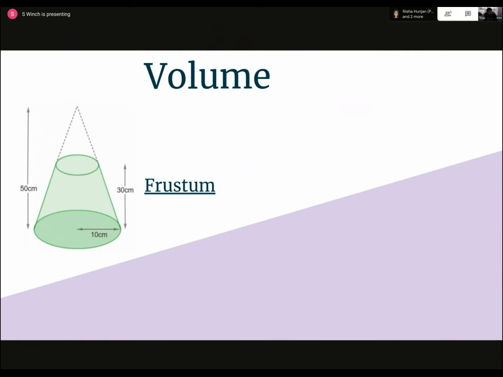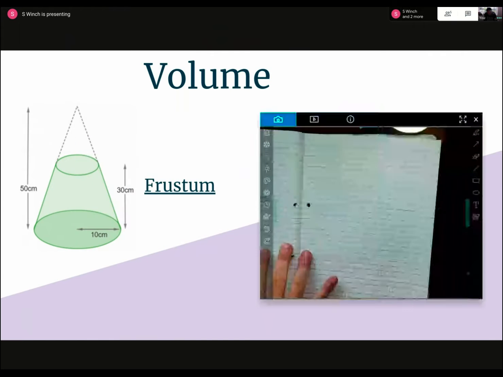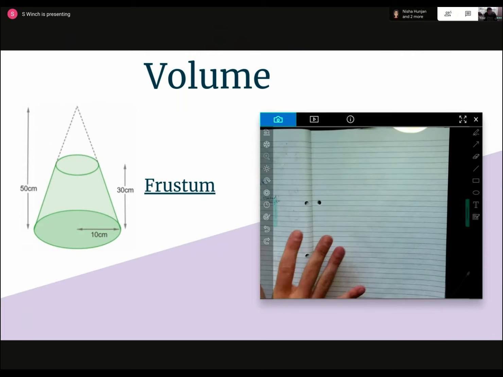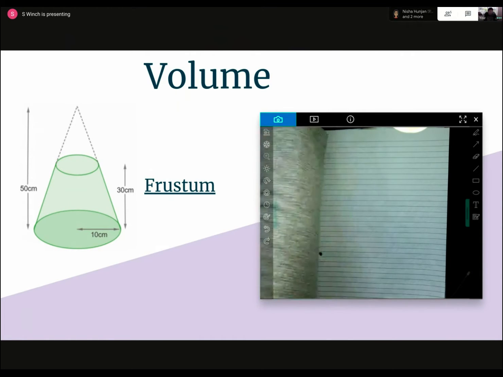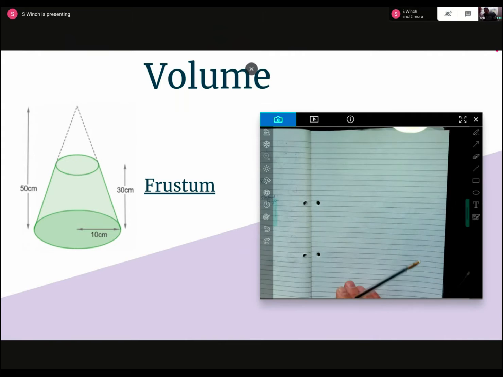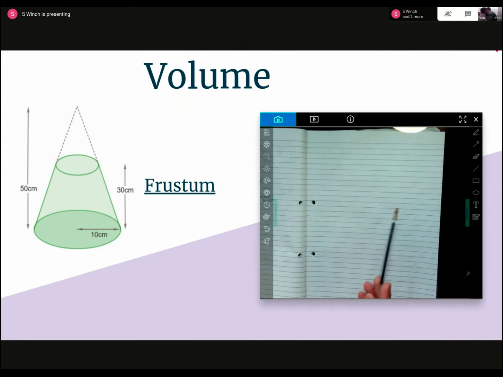Here you've got a cone on the screen, and we're going to see if we can work out the volume of this frustum together. Now remember, a frustum is simply a cone or perhaps a pyramid with its top chopped off, if you like. So all we're going to do is work out the volume of the cone to start off with. Okay, so remember the volume of the cone is going to be